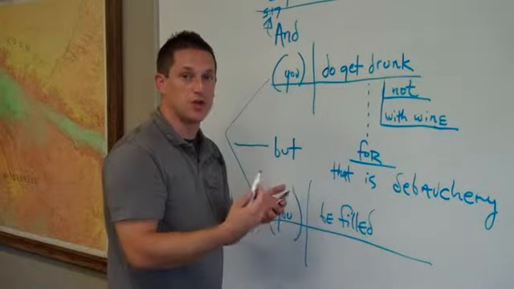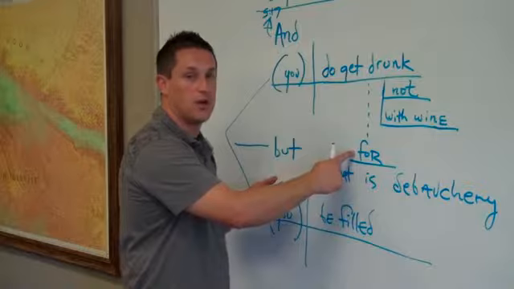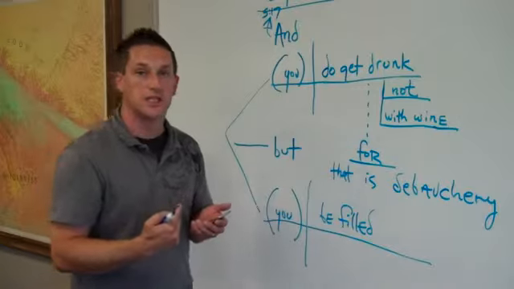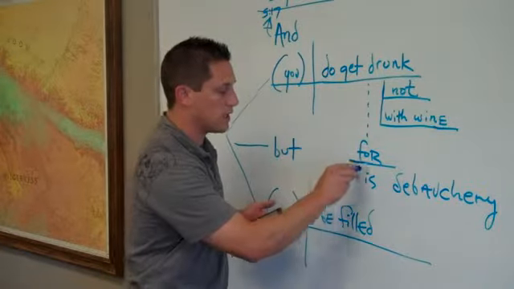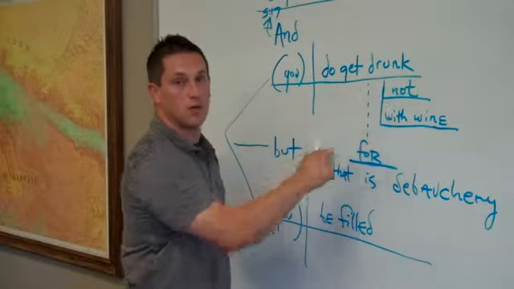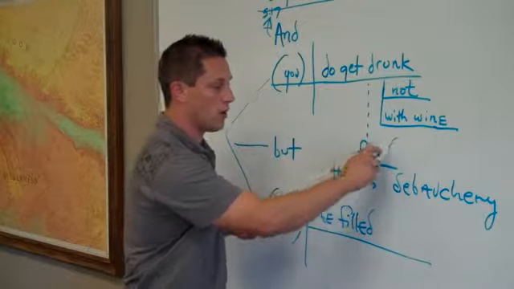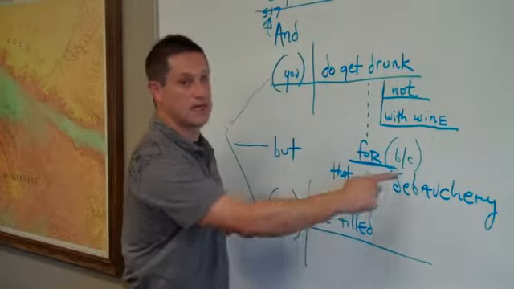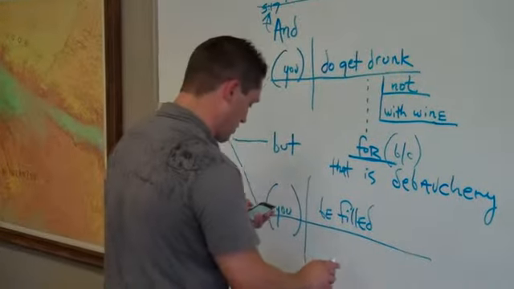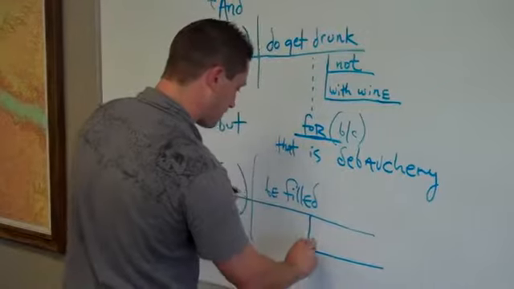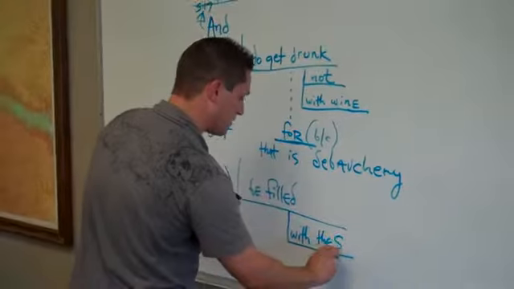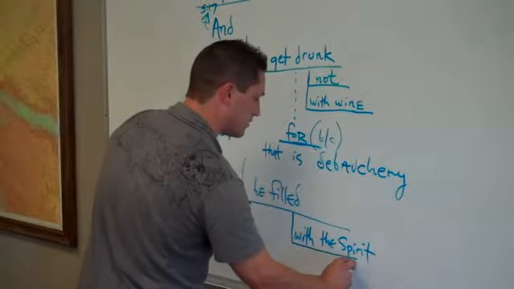There are going to be times as you're observing and working through this when you'll have to figure out where it goes. You might say, well, it goes with this or it goes with something else, and that'll be a part of your exegesis, trying to figure it out. Here it seems pretty clear that he is explaining why we are not to get drunk with wine. Why? For, or because, that is debauchery. And then he says, but be filled, and the ESV puts with the Spirit. With the Spirit.